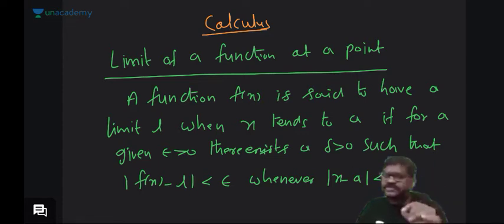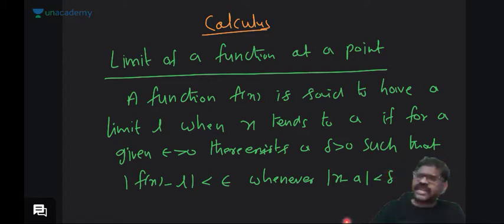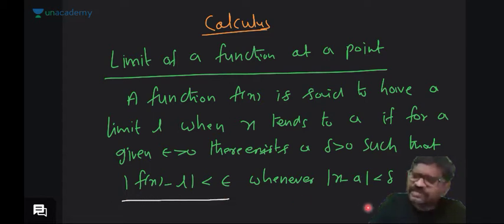Limit of a function at a point. A function f of x is said to have a limit L when x tends to a if for a given epsilon greater than 0 there exists a delta greater than 0 such that mod f of x minus L less than epsilon whenever mod x minus a less than delta. Observe here, mod f of x minus L less than epsilon whenever mod x minus a less than delta means the shortest distance between x and a